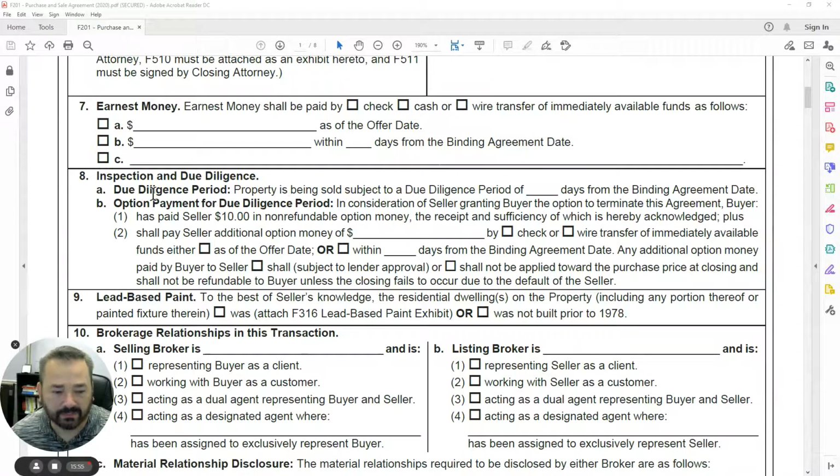Paragraph 8, our due diligence period. Property is being sold to a due diligence period of, and this is how long our buyer has to decide if they want to move forward with the property or not. This is our time when we do our inspections and potentially negotiate any repairs or adjustments to the contract before we move forward. So a typical number that we see in there today is either 7 days, okay, and that's